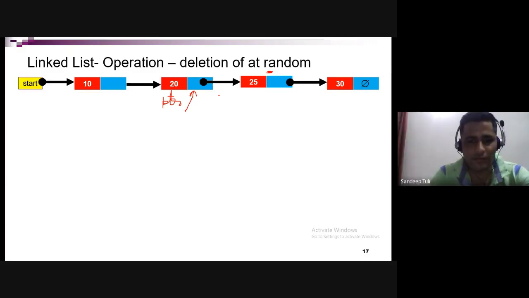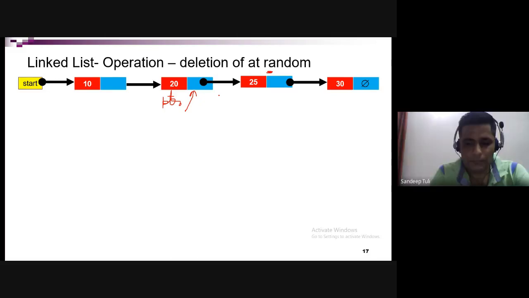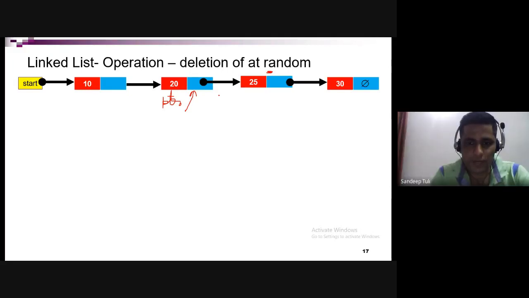Okay, we have done that. We have traversed to 20, and PTR is pointing to 20 now. Yes, sir. Then, sir, we will take a pointer named next node. I have named it next node. In which we will store PTR next. Yes, sir, we are storing it. Then the value of next node to next will be stored in PTR next. Value of next node to next. Okay, just tell me the statement now.